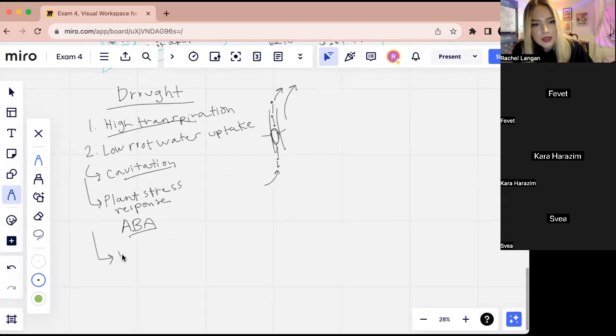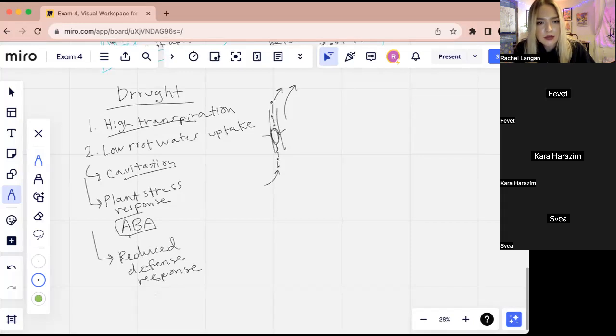Then what we might see is reduced defense response of the plants to herbivory. Why would that be? So it kind of has to do with what